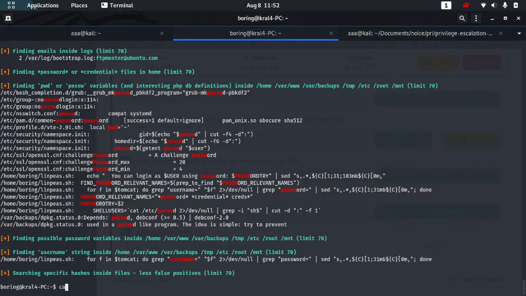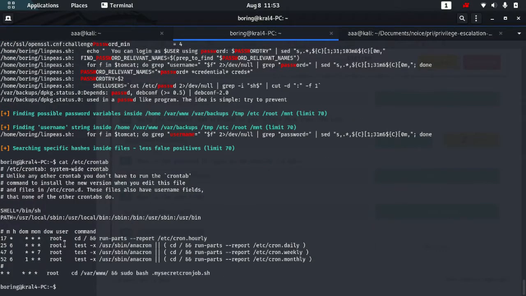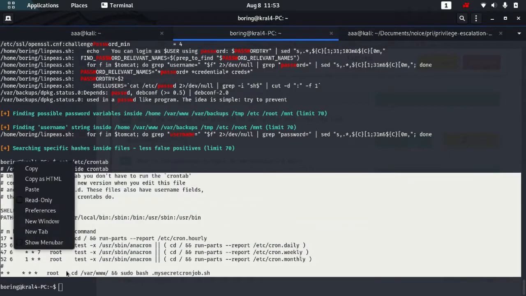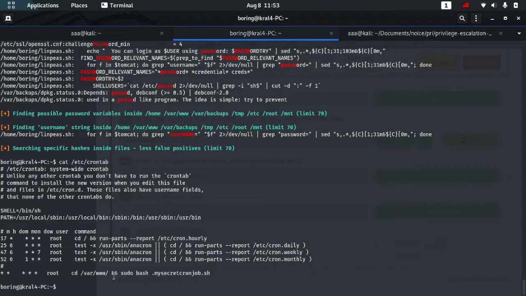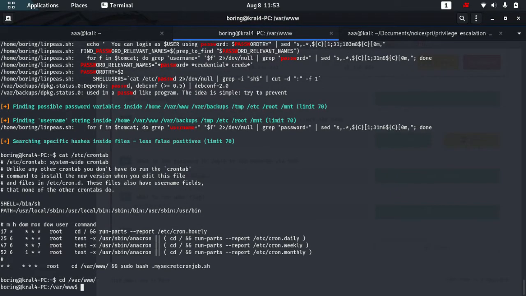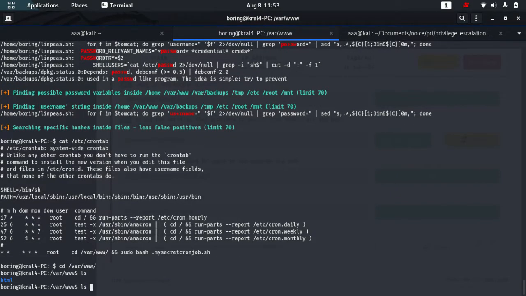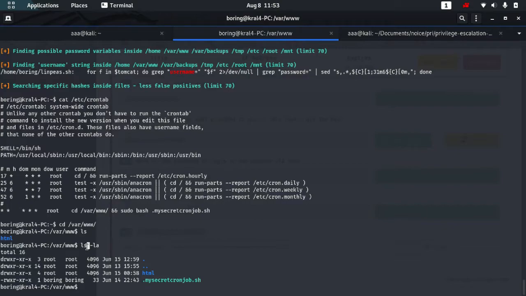Before that, I'll show you another place. You can just type cat /etc/crontab, and again you'll see all the cron jobs, and you can check that there is my secret cron job. So two methods gave us the same result. Okay, so cd /var/www, ls, okay, ls -la. I used -la because I knew the location is over here, it's just that there is a dot, so it's hidden. So I need to change this, so nano.